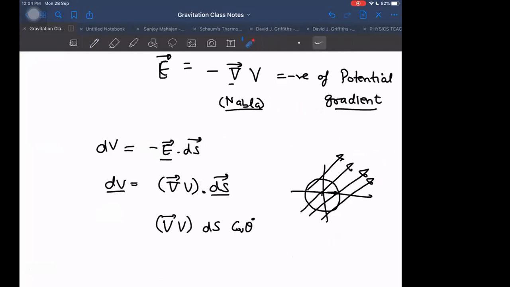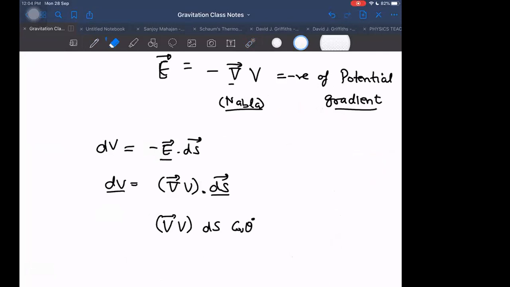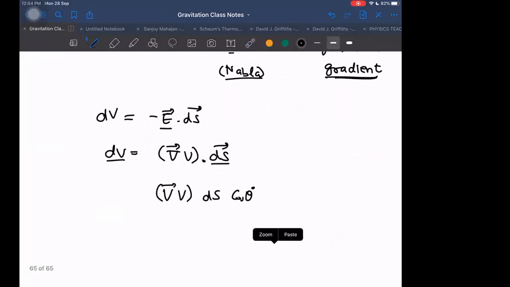Is it okay now? Okay. Just new terms. Don't worry that much. There is nothing much deep concept here. It is just a new term. You should know gradient means this thing only. Negative of potential gradient is field. And what does the potential gradient signify? It tells us the direction of maximum rate of change of potential.